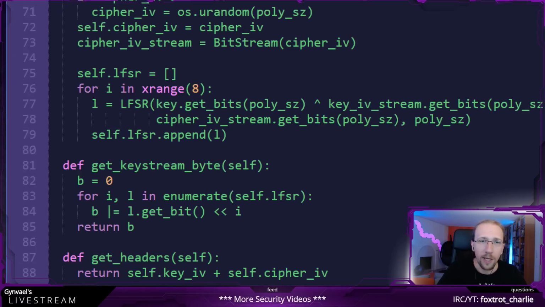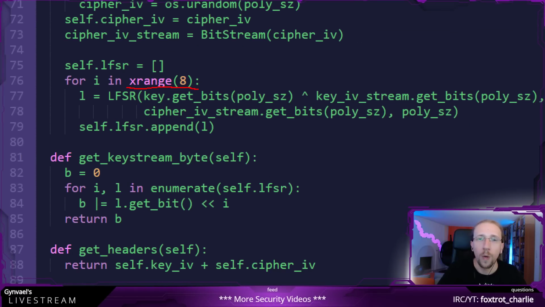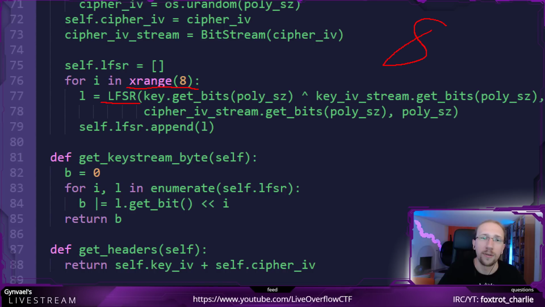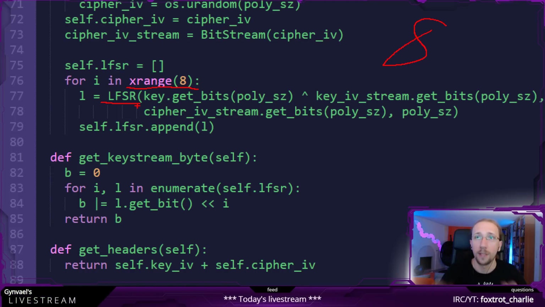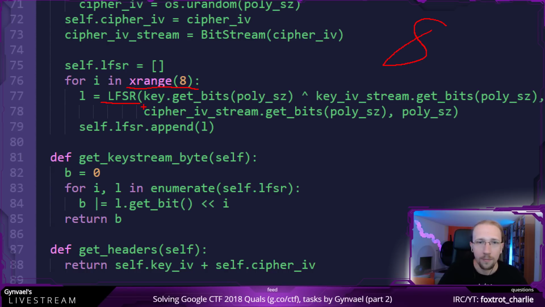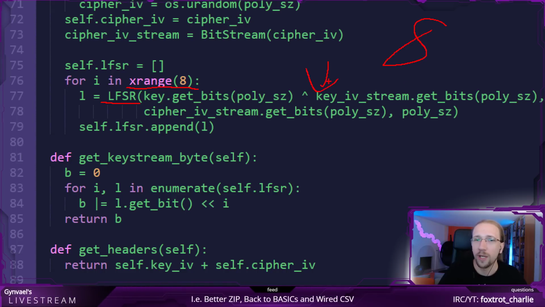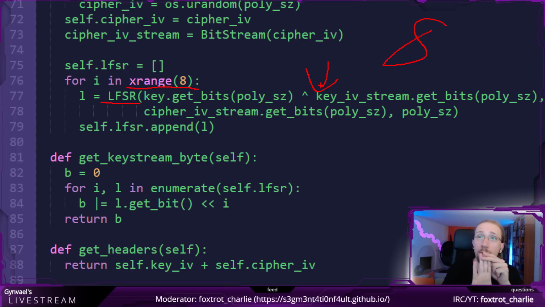And after that, we actually create not 1, but 8 of the LSFR random number generators, 8 of them. Right? So 1, 2, 3, 8, this many. Not 1, and this is quite important. And we initialize it with, I'm going to check what exactly are the arguments, but there will be at least 3 arguments.